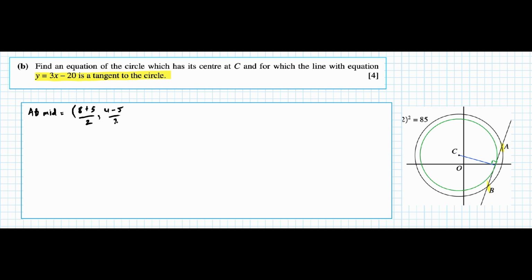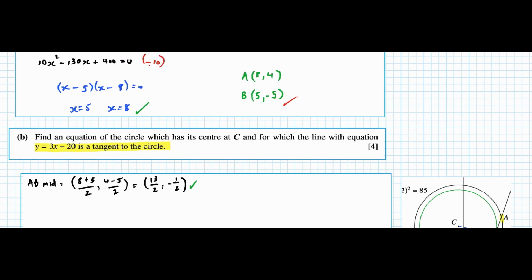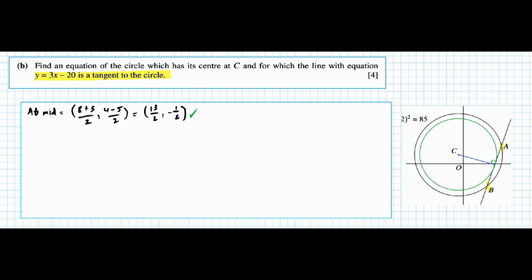So what's happened here is our straight line has become a tangent, so our circle has become smaller. We found our midpoints, and then you can plug them back in to the circle. So we've a circle equation of (x + 1)² + (y − 2)² = r². Our radius will change. So plug those values in,